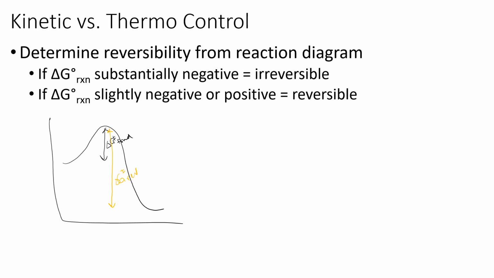If our delta G of reaction is slightly negative or even positive, these tend to be our reversible reactions. So if what we do is we make our reaction just slightly positive or slightly negative, you'll notice that my free energy of activation to go one direction is very similar. There's not much of a difference to go the other direction. So these tend to be our reversible type processes, or processes that we can reverse. So they tend to be our equilibrium processes. So this would be our slightly negative